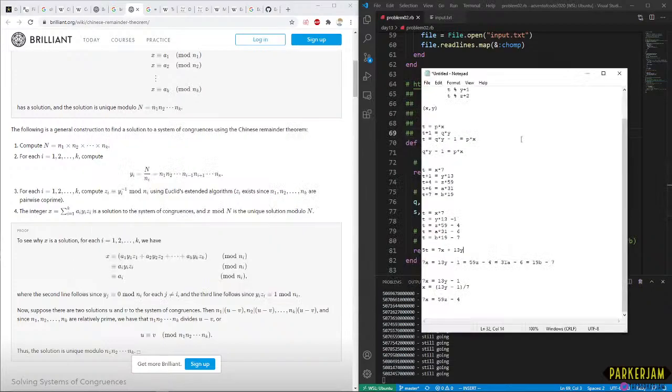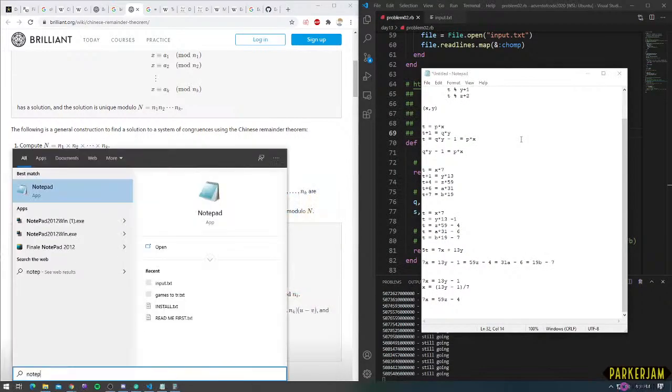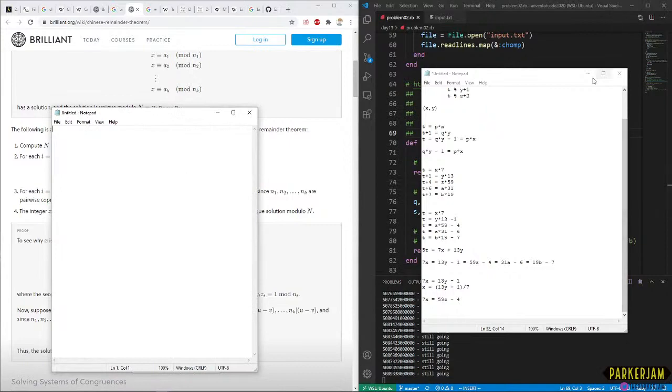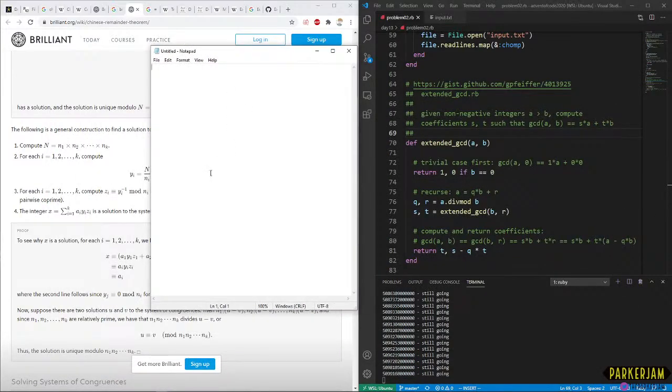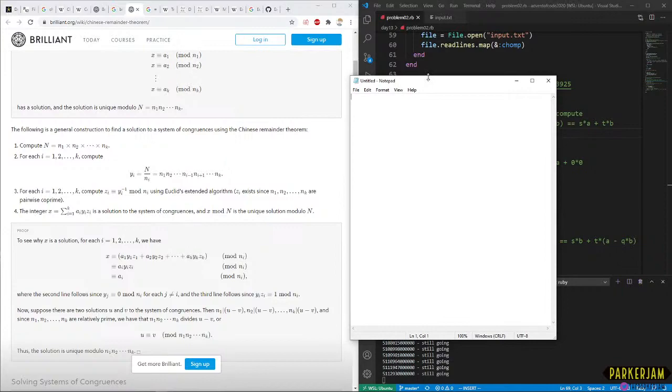So let's make a new notepad because this old one's trash. It's irrelevant for anything we're doing now. How does GCD give us... That's the part that I guess I'm struggling with right now.